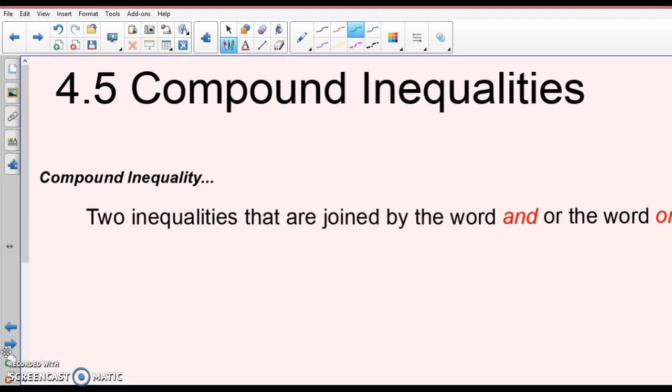All right. Today's lesson is compound inequality. Compound inequalities are two inequalities that are joined by the word "and" or the word "or." This is in the little note packet that I gave you. For example,